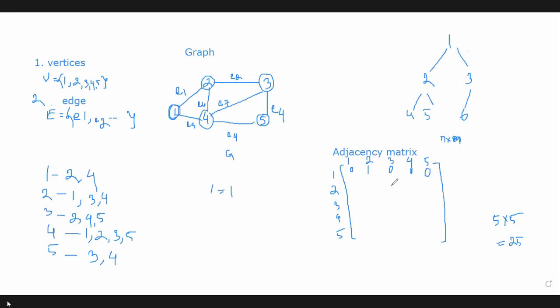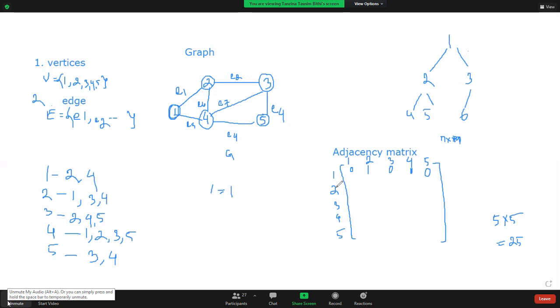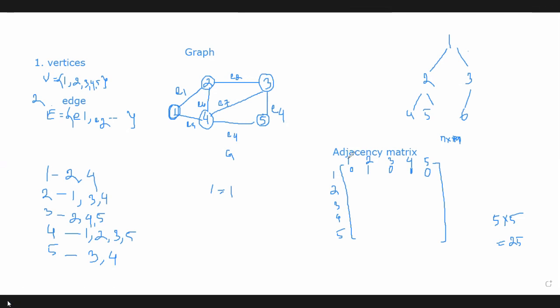Okay, so now the second row will be used as, 2 will be considered as the source node or the starting node. So the first node is 1. Is there any relationship between 2 and 1? Yes. Look at this. This is not a directed graph. The direction is not given, so we can consider this edge as from 1 to 2 or from 2 to 1. Okay, so now when 2 is a source node, we can say that from 2 there is an edge to 1, from 2 to 1. So these two nodes are adjacent nodes, so we can put 1.